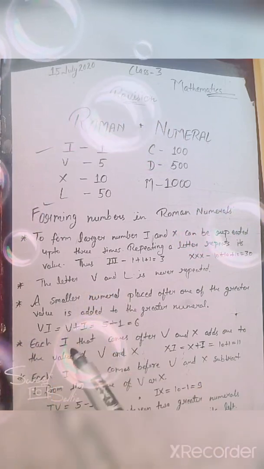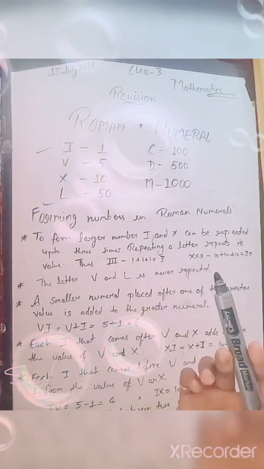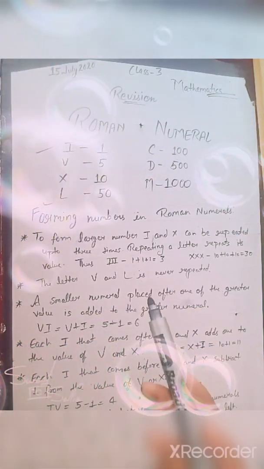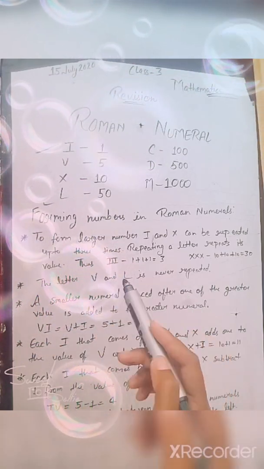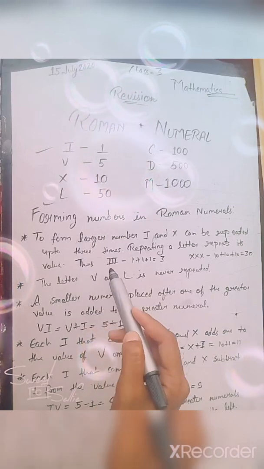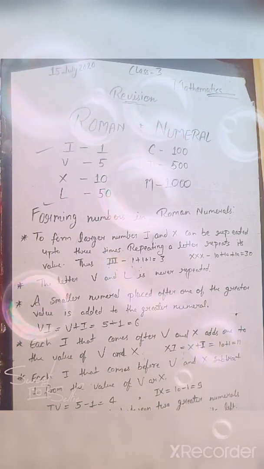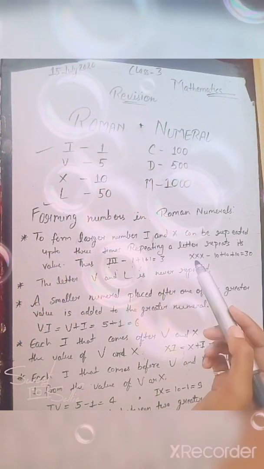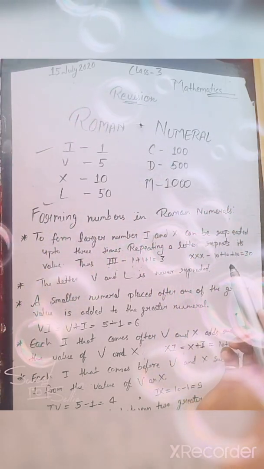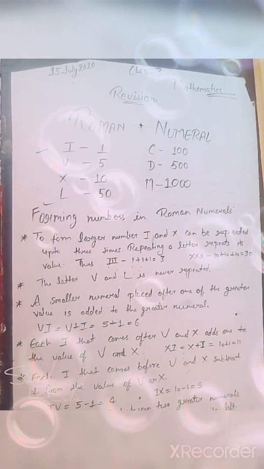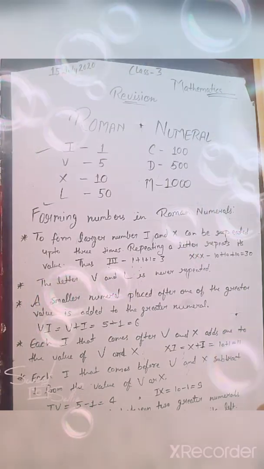किसी भी बड़े नंबर को बनाने के लिए हम I और X को 3 टाइम्स तक रिपीट कर सकते हैं, और जब हम इनको रिपीट करते हैं तो इनकी वैल्यू भी रिपीट होती है. As like if I have written here III, it means 1 plus 1 plus 1 is equal to 3. Similarly, XXX, so single X means 10, so 10 plus 10 plus 10 is equal to 30. Okay, but we cannot repeat any alphabet up to 4 times.